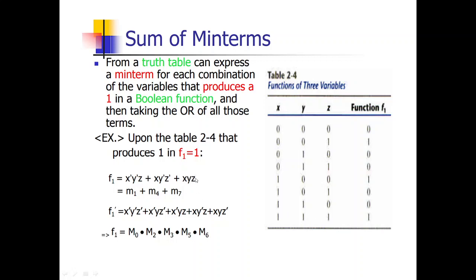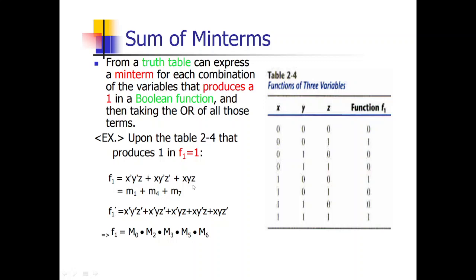And the next one is here, and the corresponding minterm is 1, 1, 1, that is x y z. It is represented here. So all the minterms are ORed here. We have a plus operator here, so it is ORed. This x dash y dash z is represented by the minterm designator m1, x y dash z dash can be represented as m4, and x y z can be represented as m7. So the sum of minterms is f1 is equal to m1 plus m4 plus m7.